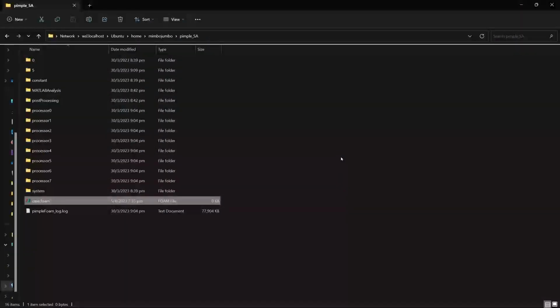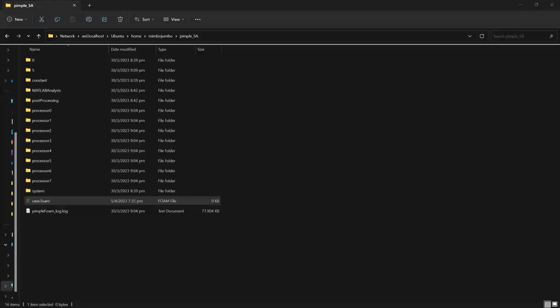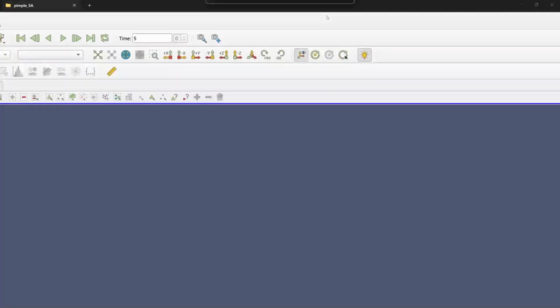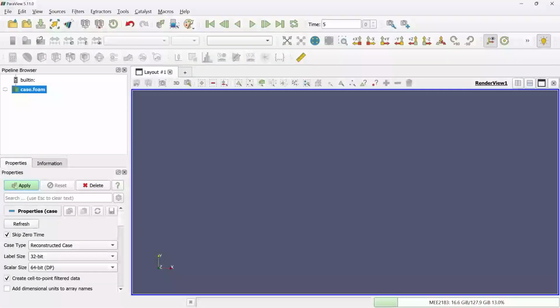I told you that the demo case has an average y plus value of around 38, I think it was, and that it has wall function enabled. Okay, so here is the case file,